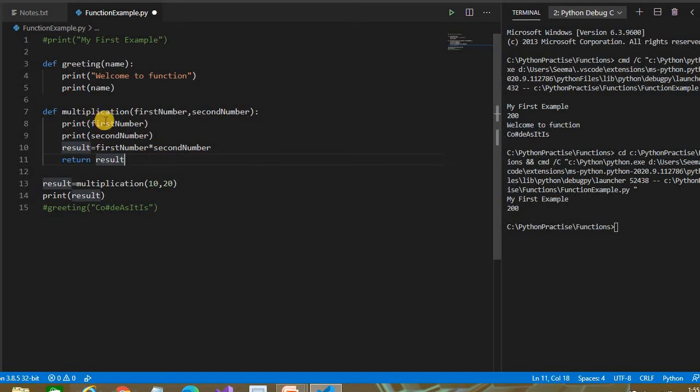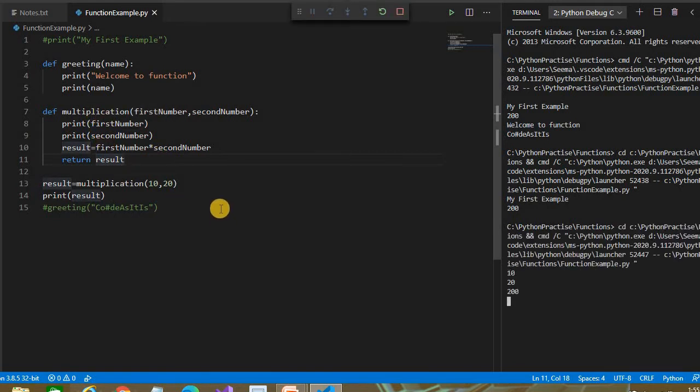If you run this again and pass something like 20 and 10, it means that the first number is 20 and the second number is 10.